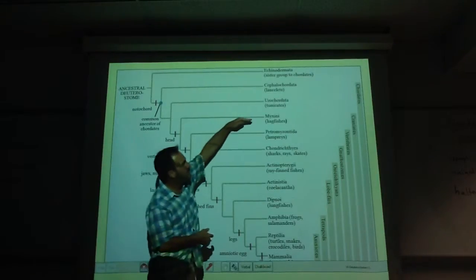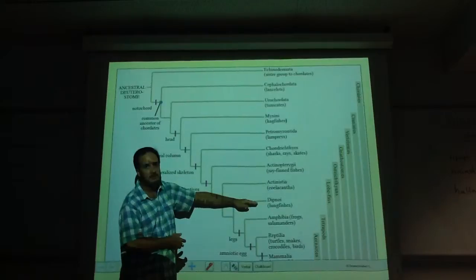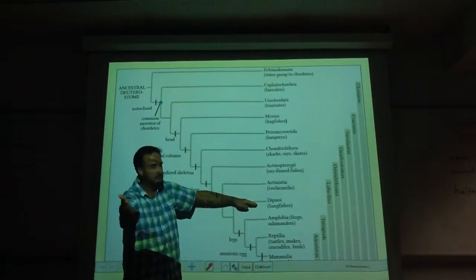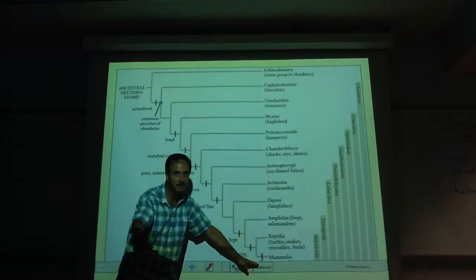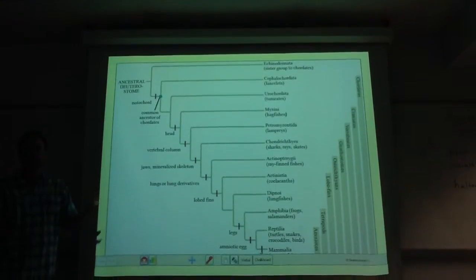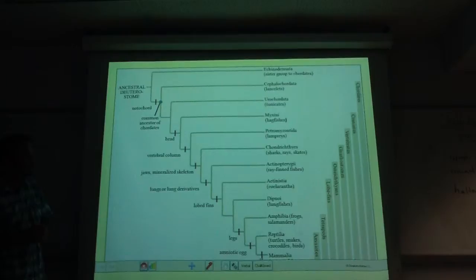What would you call everybody from Myxini down to Dipnoi, do you know? Starts with an F. Fish. The word fish doesn't mean anything, unless you're a fish, because then I could include all the way down to here, right? Unless you go fishing, right? Fish just means it has fins and it lives in the water. That's all fish means. It doesn't mean anything from a relatedness or from a genuine evolutionary group point of view.